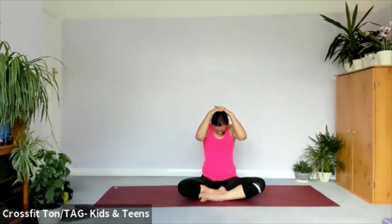Release the head, lengthen spine, circle head around. Keep dropping the shoulders away from the ears to keep the length in the neck, keep the muscles relaxed. Change direction. And once you're back to center, keep bowing your head. Bring the hands